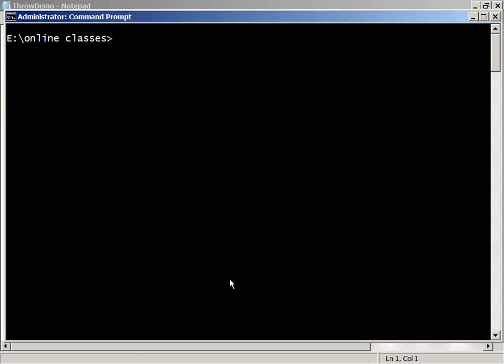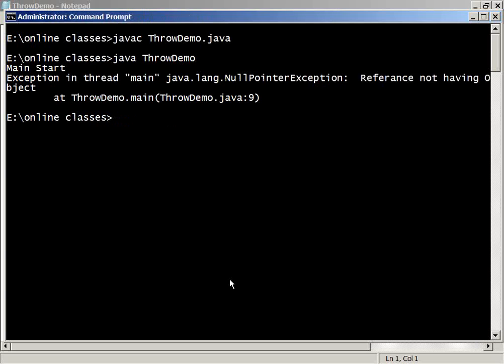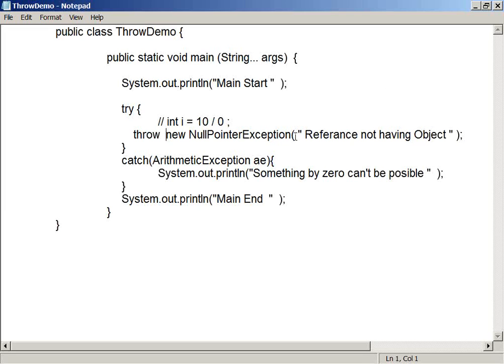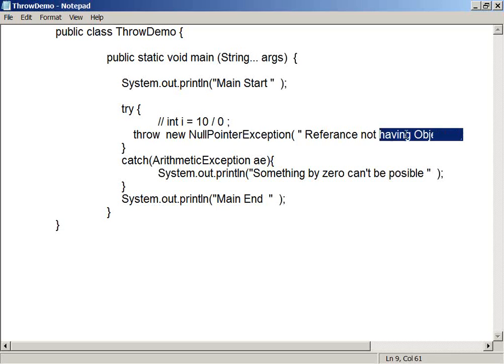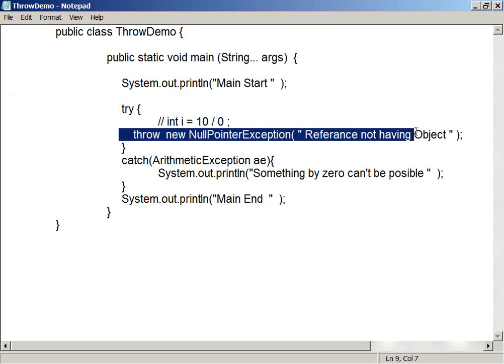think that all objects can be thrown. The throw keyword can throw only objects of type exceptions. It is not possible to throw all objects. You cannot write new String, new this, new that, new Student, new Car. No, only objects of exceptions you can throw, right? So be careful here. Because I'm not handling this, the exception is still there and doing the same thing, right? So this is the one keyword you have, the throw keyword, to throw exceptions manually.